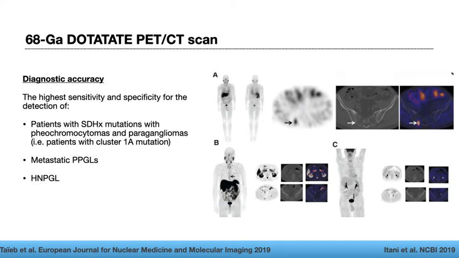When we talk about diagnostic accuracy, gallium dotatate PET scan is the best functional imaging modality. It has the highest sensitivity and specificity among them all, especially in patients who belong to the cluster 1A mutation subtype, associated with any type of mutation in the SDH gene. It's also the imaging modality of choice in patients with metastatic disease and in patients with head and neck paragangliomas. These images to the right prove the superiority of gallium dotatate to FDG PET scan in cases with familial and